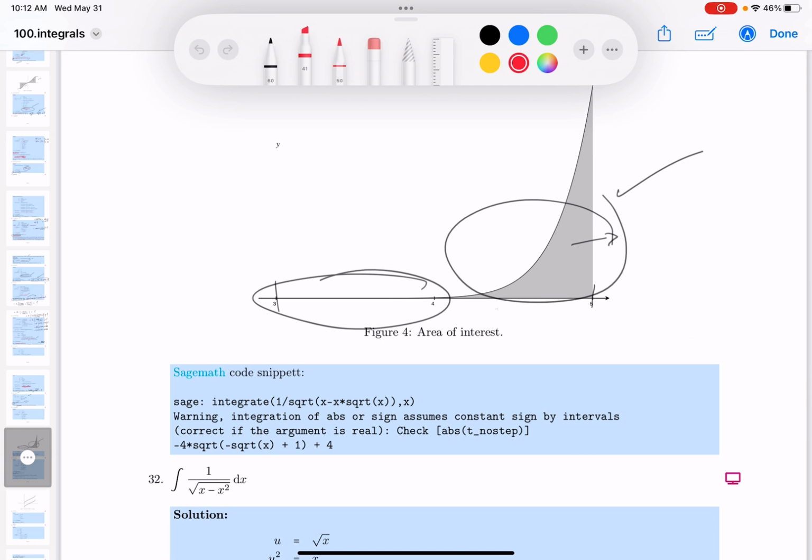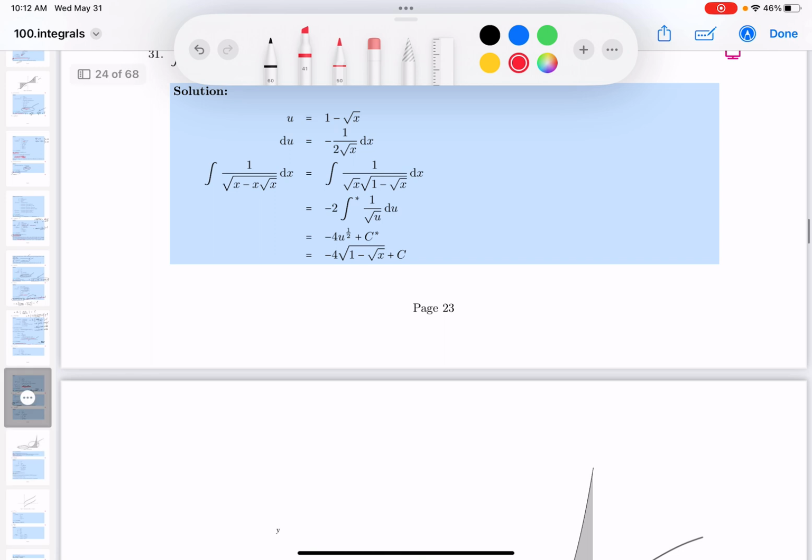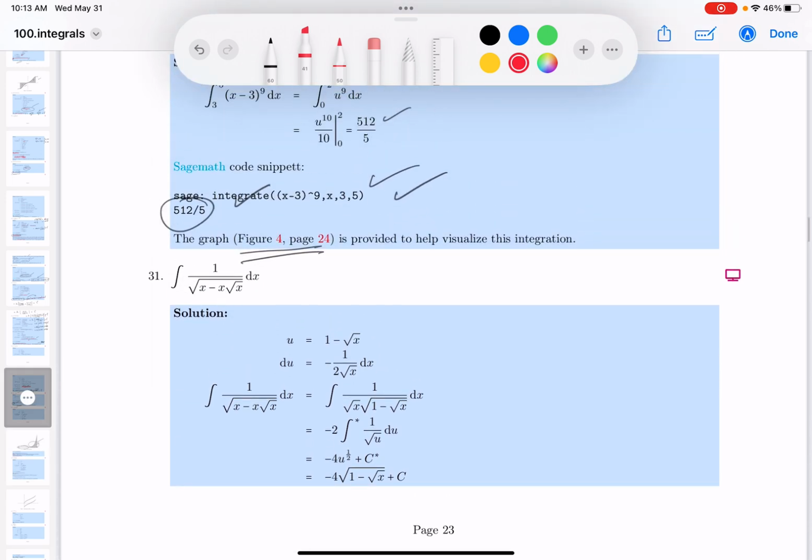Again, I'm not an expert in using Sage, but I see a warning immediately. It says integration of absolute or sign assumes constant sign by intervals. Wow, this is really crazy, huh? And then they kind of go through that and say something, and then all of a sudden they spit this back here. All right, let's go back to the original problem,